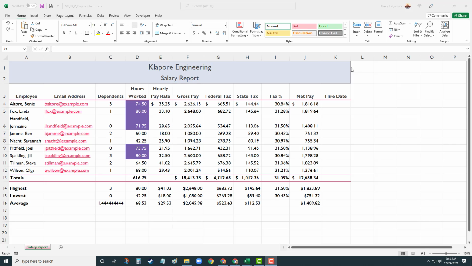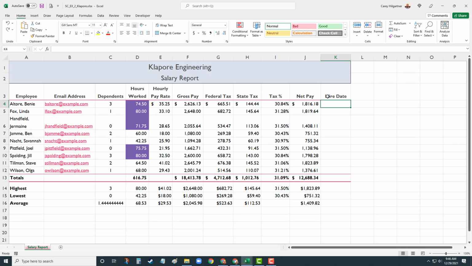Hello there. For this video, we're going to apply date number formats to values that contain dates. Of note, date formats can vary by region, they can vary by field, and they can also vary by personal preference. Having said that, one of the first things we're going to need to do is enter in our date values. And so we're going to go to K4 and we're going to enter in our first